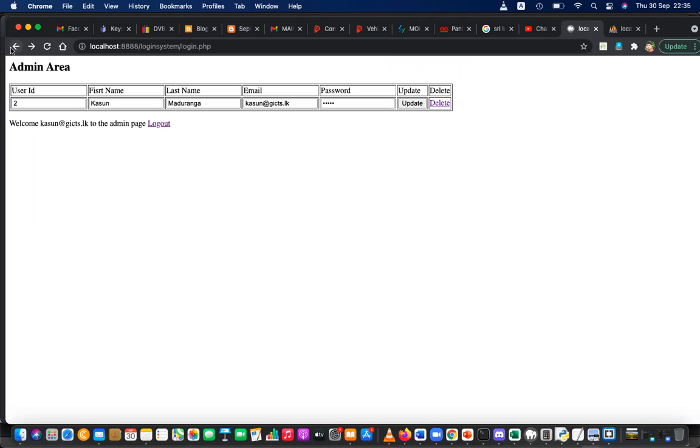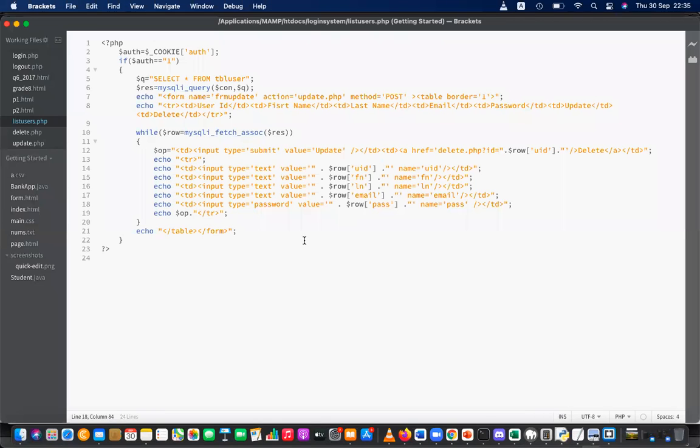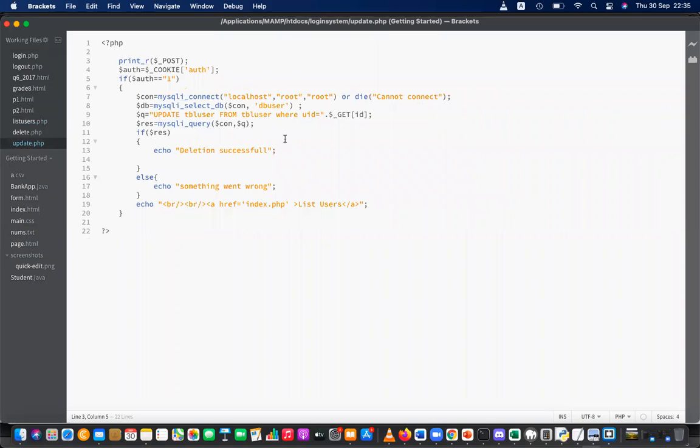Now, the task is easy because I have done everything. Now I just need to update. In update, actually I have to set the values. Update table user where, so actually I have to set the values. Then I have to set all these values, including user ID and the password.